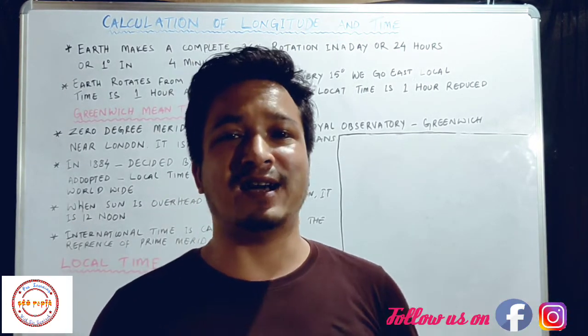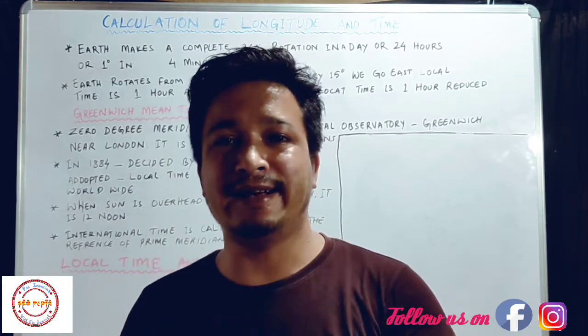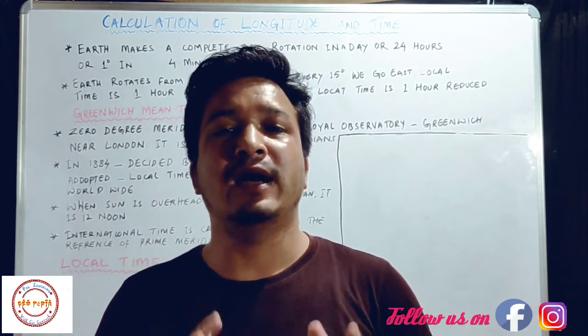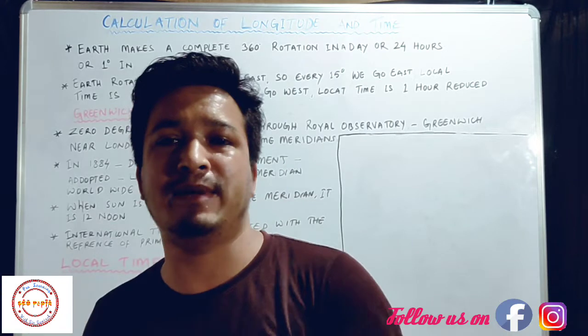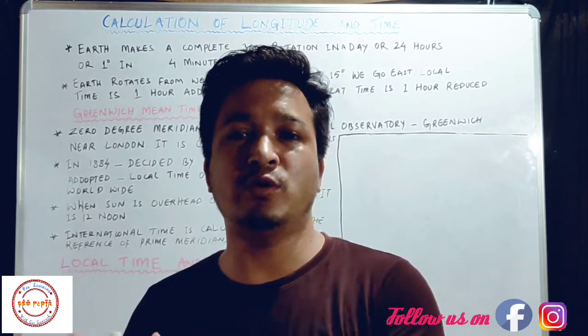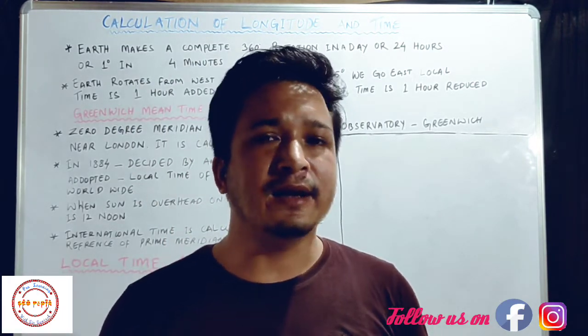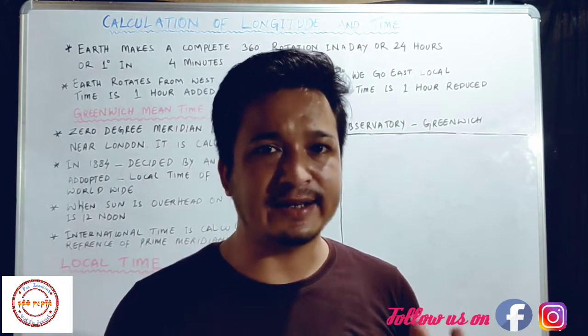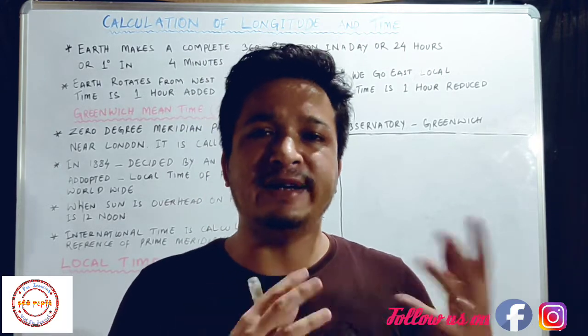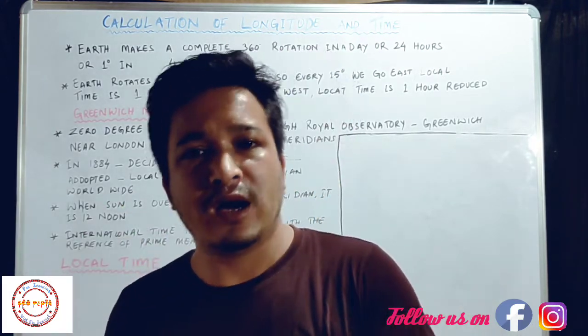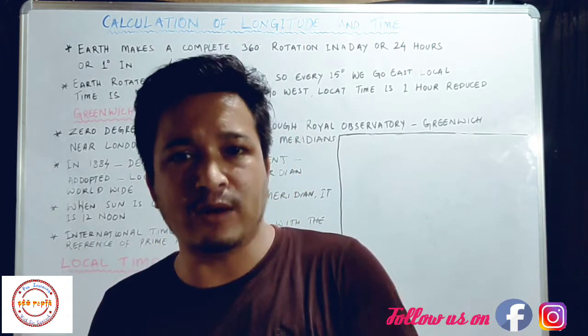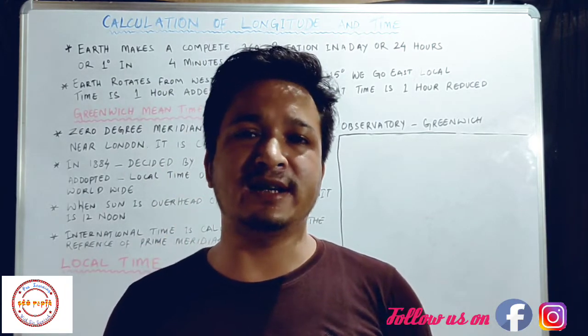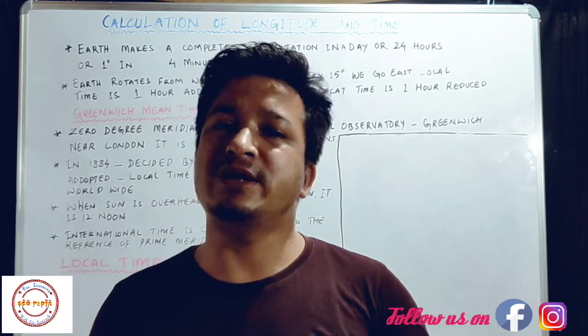Now students, let us assume one more situation: every village or every town kept its own time by itself. Then what would happen? There would be confusion of time. Every time we had to go to other villages or towns, we would have to constantly change the time on our watch and clock.